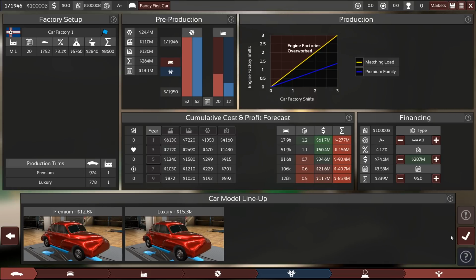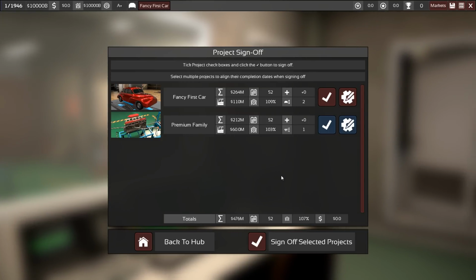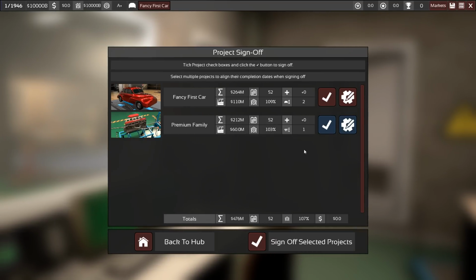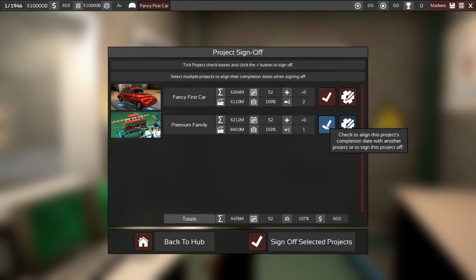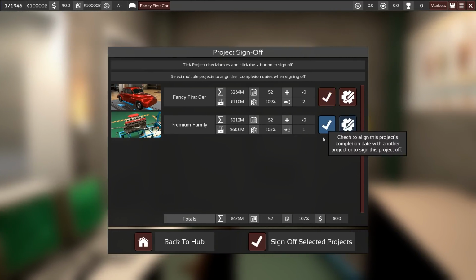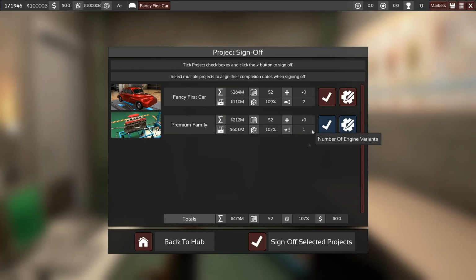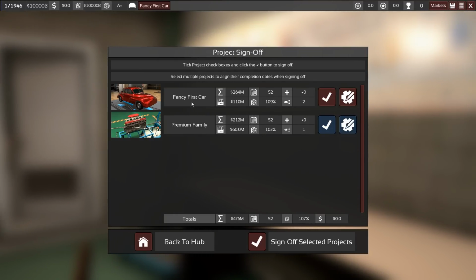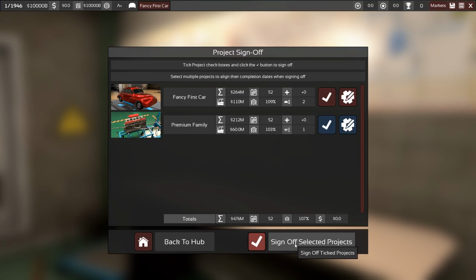And once you're happy with your setup, we just click to complete this design, and now we are on the project sign-off screen. On this sign-off screen, and it's very handy, you can do some complex stuff. You can align projects. Because we have aligned it manually, this alignment number is +0 at the moment. They are both selected to be signed off together. In order to sign off a car, you need to have signed off its engine, or do that at the same time. So for this one, we are just going to sign off both of them at the same time, and this is looking fabulous, or rather fancy,